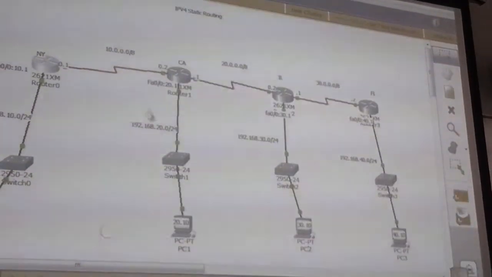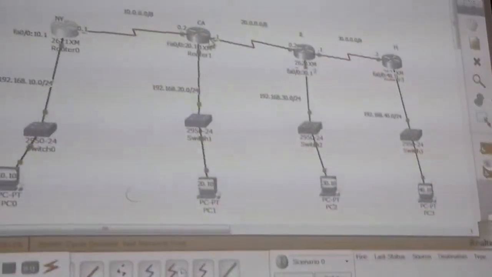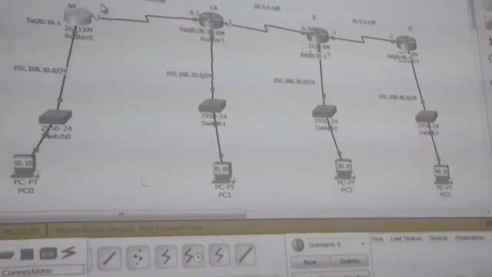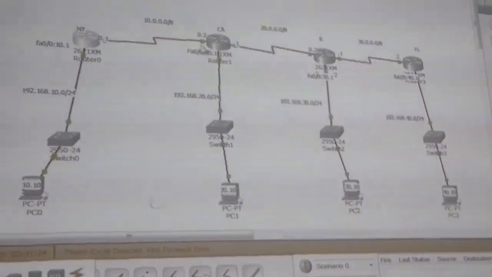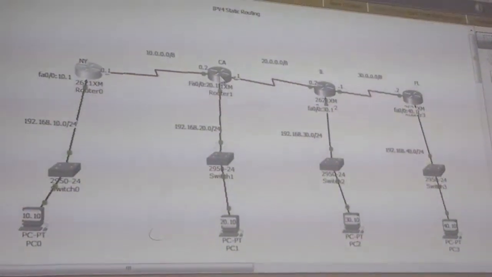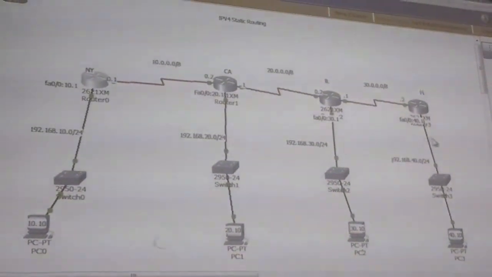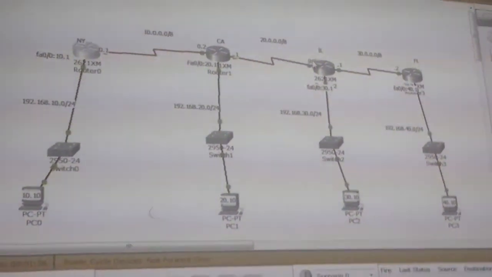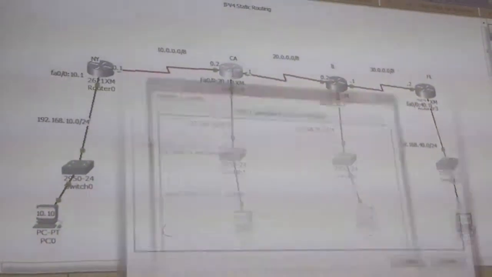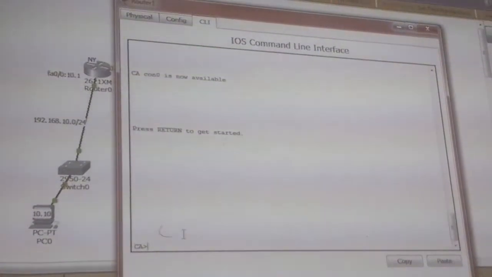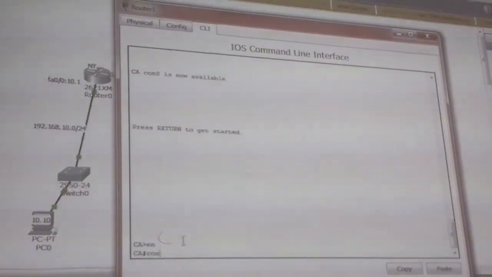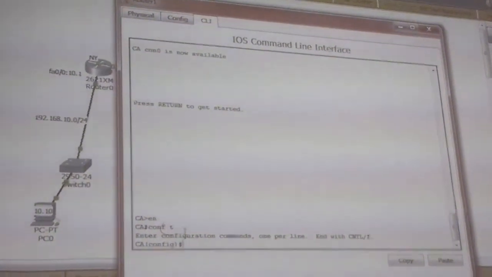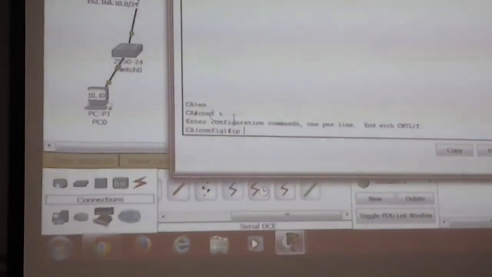Right. Now, when you're configuring the California router, for this network the next hop address will be this side, and for this router, if you want to go to these two networks, your next hop address will always be 20.0.0.2. Okay, so let's begin with the California router. Enable, go to config mode. Now here, I will be configuring the static routes, IP route